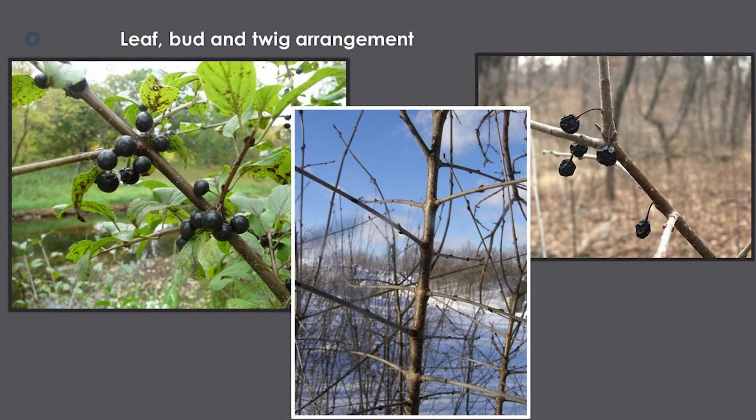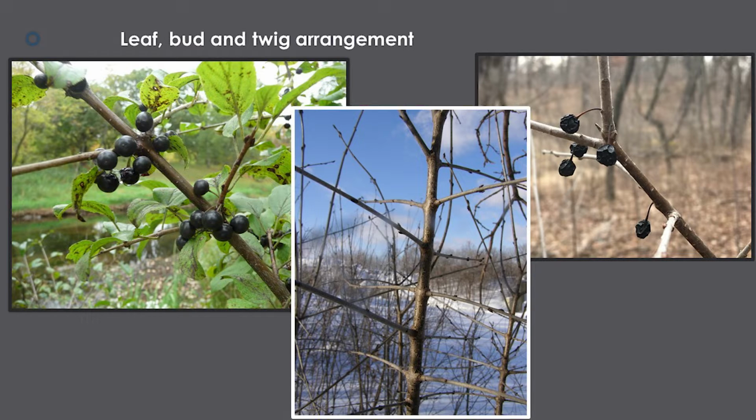So here we go. Some leaf and bud and twig arrangement. The buckthorn bark looks very much like chokecherry and black cherry and American plum. So if you hire a contractor and you're out there in the wintertime, which is a really good time to remove buckthorn, and you ask them how they tell the difference between cherry and buckthorn in the wintertime, if they say, oh, I go by the bark, forget it. They don't know what they're doing. You have to go by the buds and the twig arrangement and the leaf arrangement.